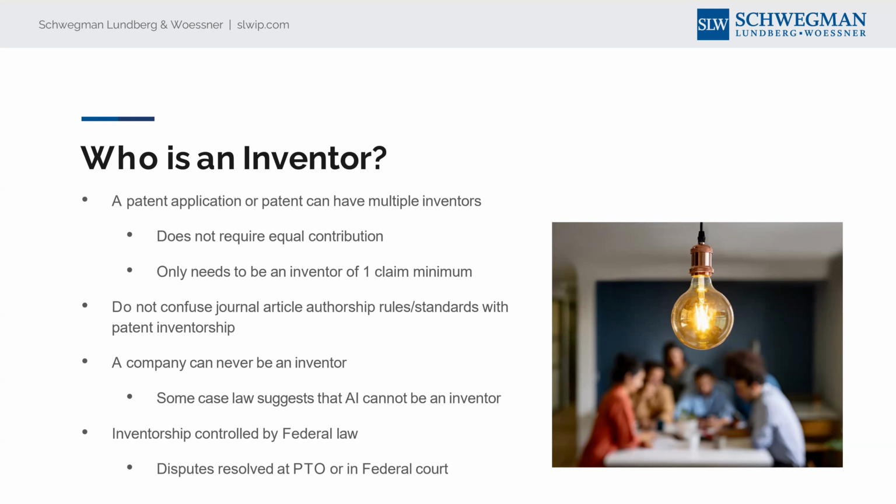As far as who can be an inventor, it has to be a person. It can't be a company. So in the US, you can't list the company as the inventor. Companies get listed by way of assignment if the inventor assigns. Inventorship is a federal law issue, not state, so you have to resolve that there.